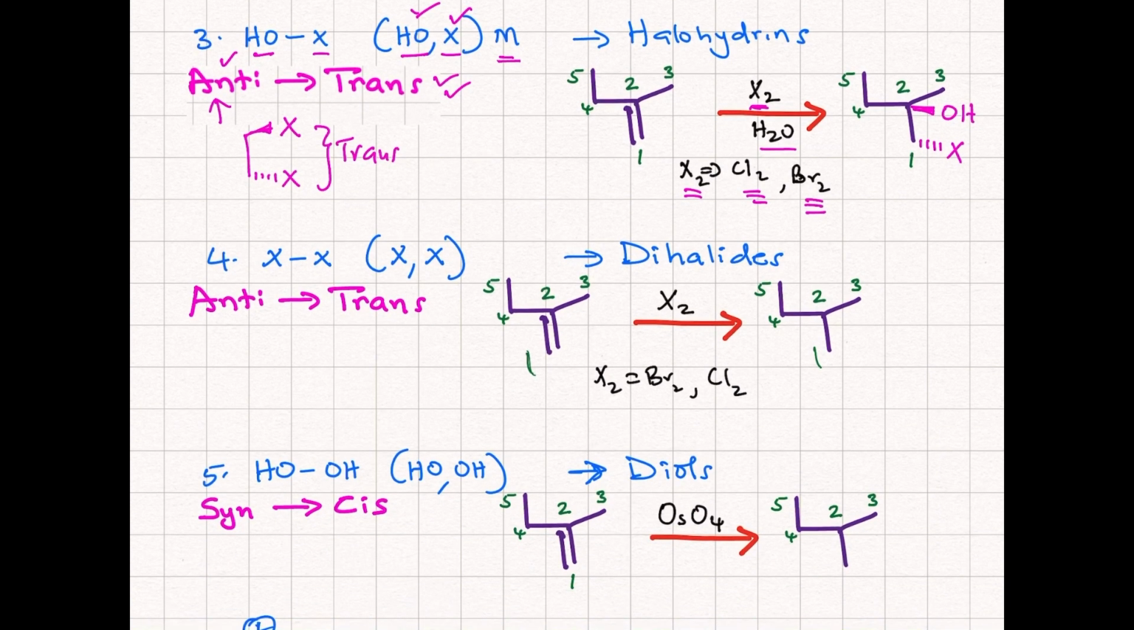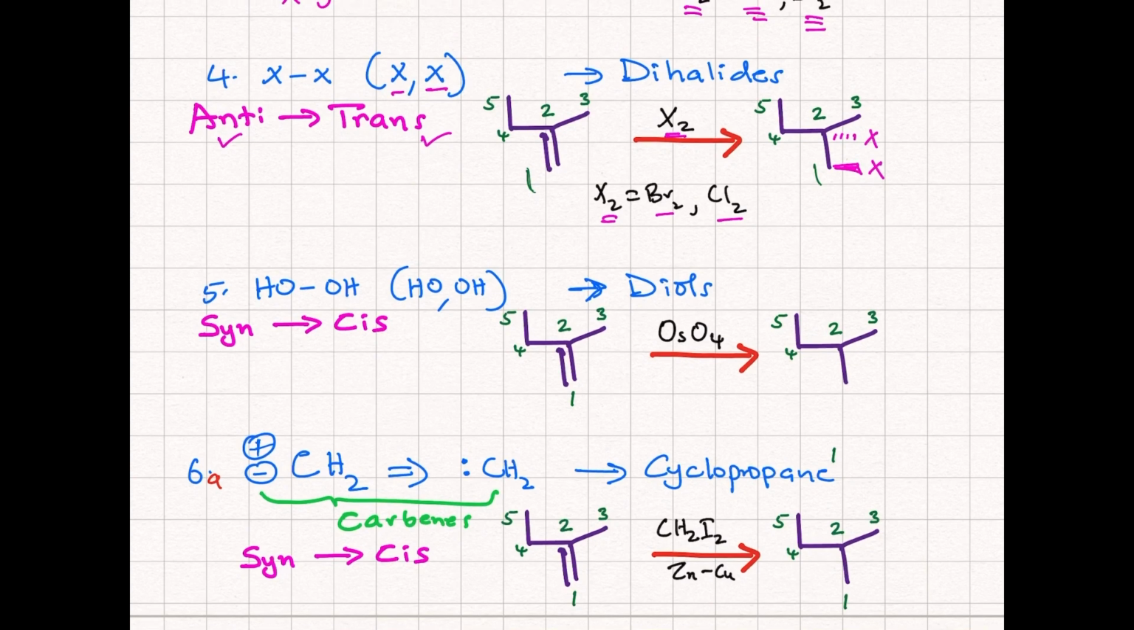Next reaction is addition of X and X across the double bond, where we're using X2, where X2 can be bromine or chlorine. And again, that's an anti-addition resulting in a trans product. So you end up with one X group going in and the other X group coming out. I have a short video on the mechanism for this reaction. You can review it, where we're using bromine. Number 5,